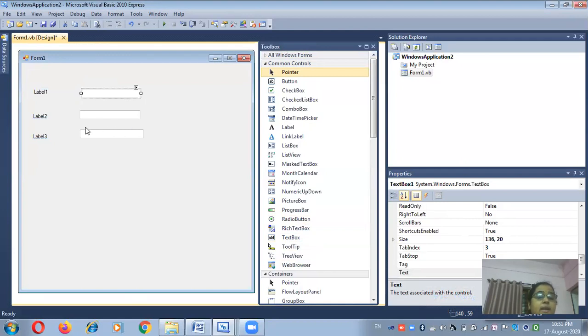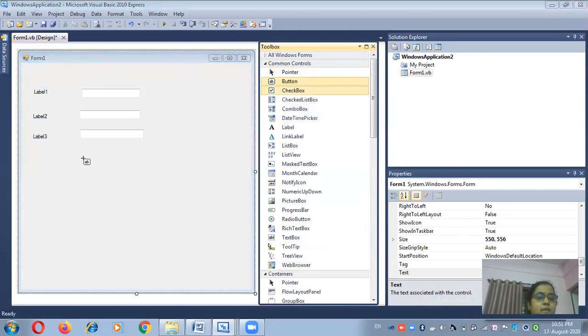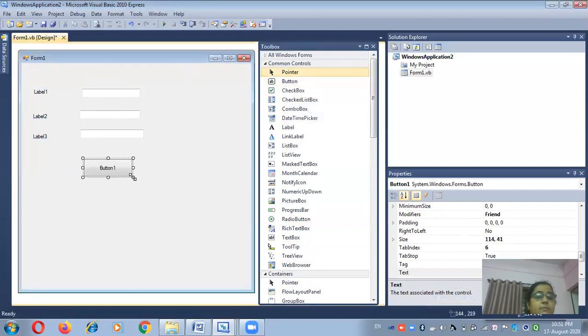It means when I get the output from these two input values, I want to display the output in the third text box after clicking on the command button. When I click on that specific button, the output will be displayed. So for that I take one button from the common controls.